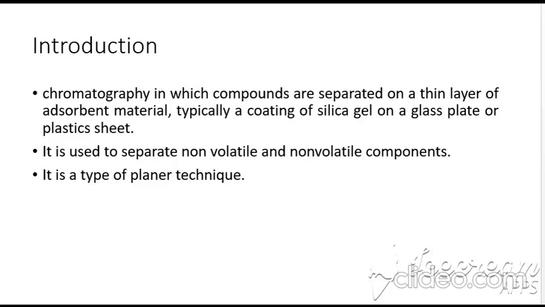How do you define thin layer chromatography? It's a separation technique which is used to separate the components from a mixture by using a stationary phase. Here the stationary phase is silica gel, or any solid which is used as a stationary phase, supported by a glass sheet, alumina sheet or anything else. So this is a very versatile technique. You can say it's the latest and advanced version of paper chromatography.